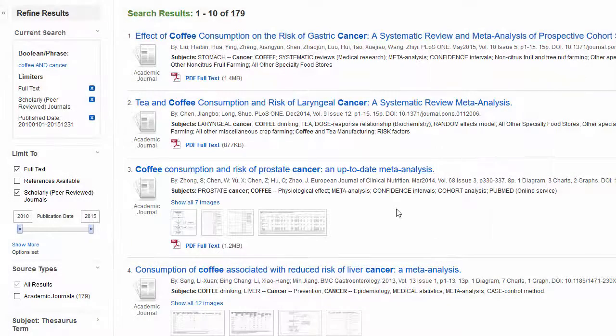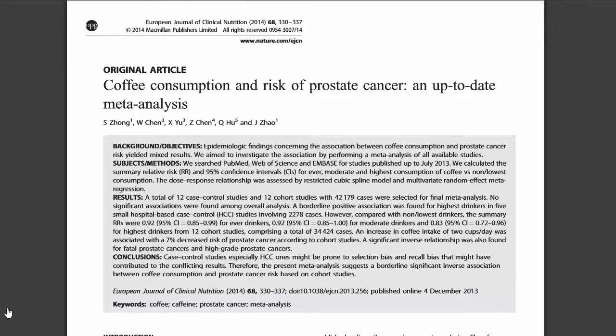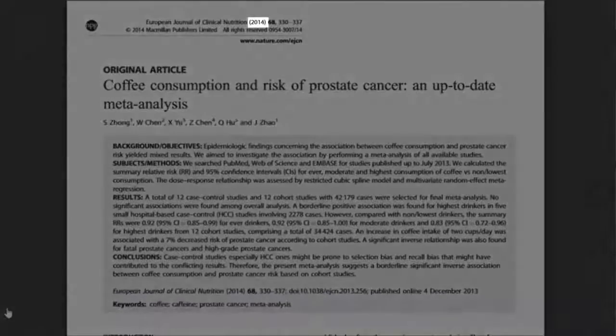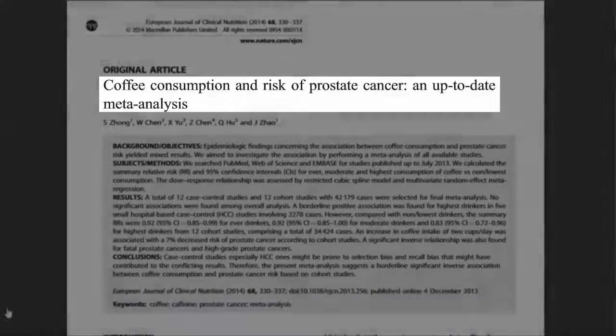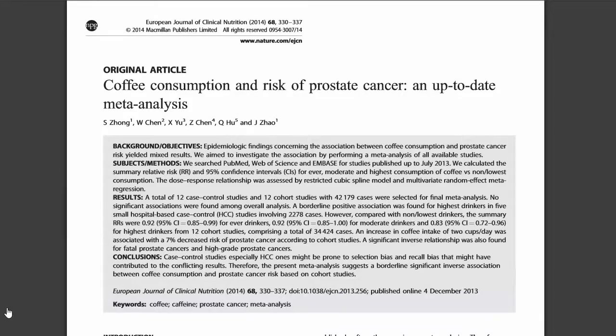Notice that you have immediate access to the full article by clicking on the PDF full text link. The browser navigates to a new page with a copy of the original article as it was published. This page of the article includes most of the information we need to create an APA reference entry, including the authors, the year of publication, the title of the article, the name of the journal, the volume number of the journal, the page numbers on which the article appeared, and the DOI, or Digital Object Identifier. The one thing we're missing is the issue number.